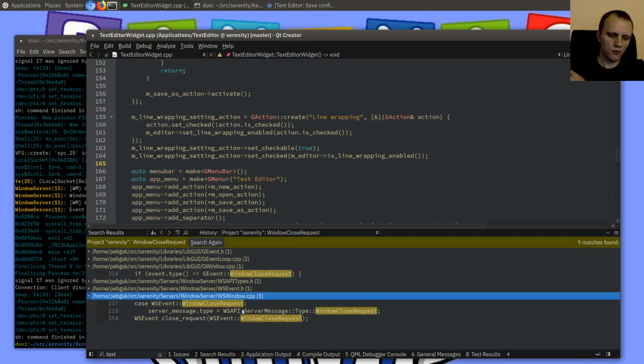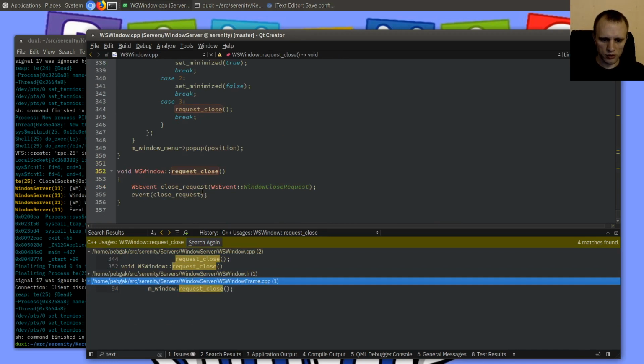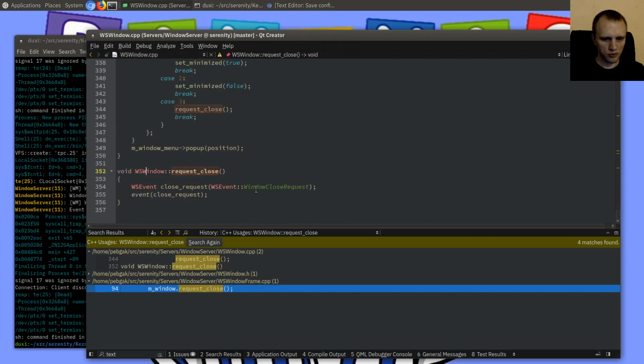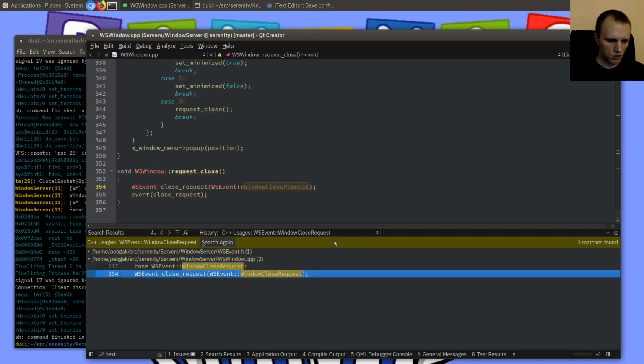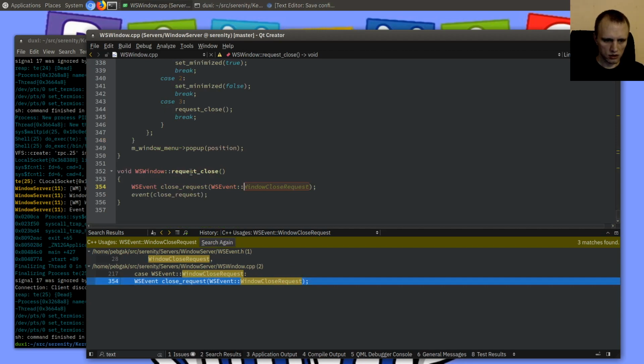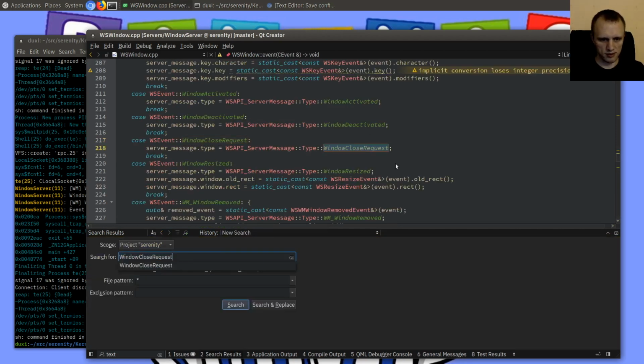Let me show you where that originates, I guess. So a call to request close on the window. It's right here, where we create the close button in the window frame class. It has a callback that calls request close on the window, which ends up creating one of these events, a window close request. And where do you end up, my friend? You become a window close request,